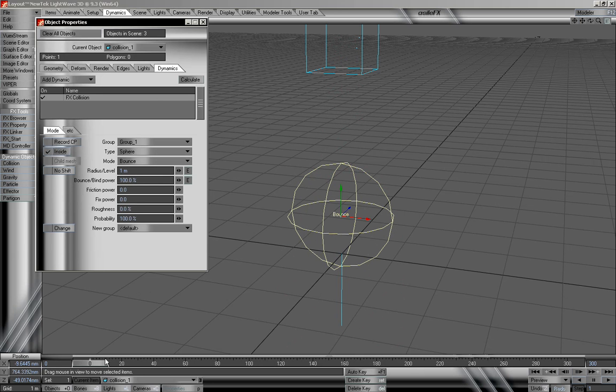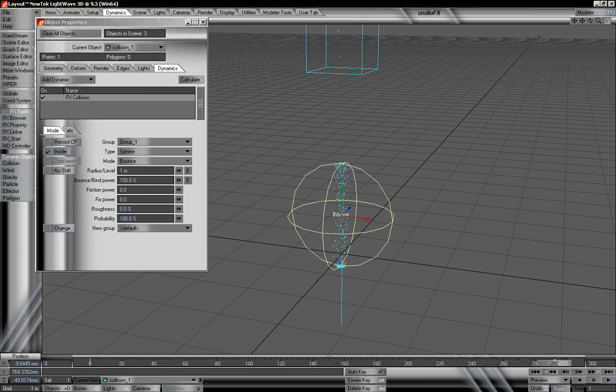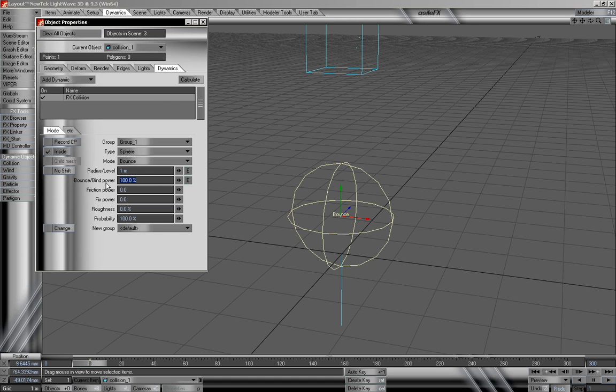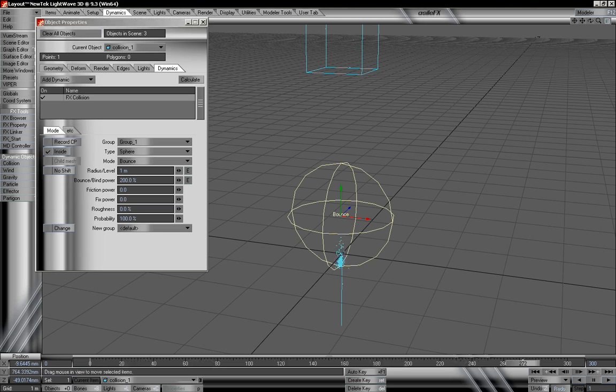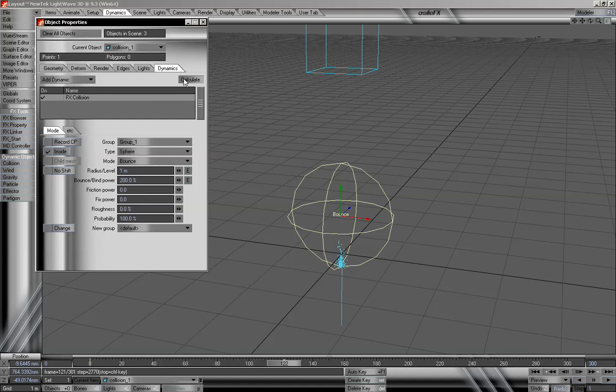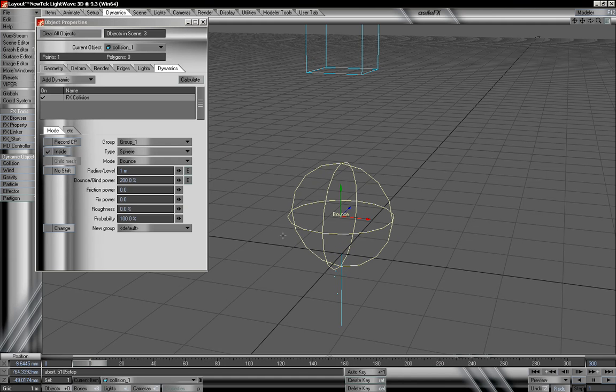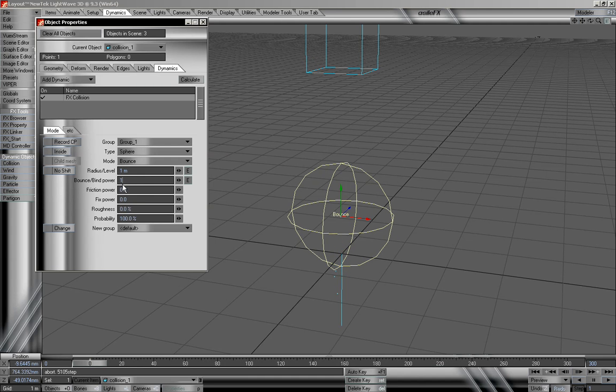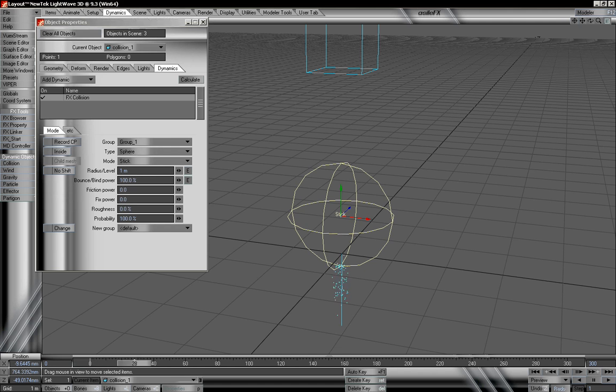And of course, with inside on, it's automatically going to take those particles in the group and bring them into the object. And if I increase our bounce bind power to 200, we can see that they'll bounce around within the object. We can calculate that, and it gives us a fairly interesting looking effect. We'll turn off inside, change our bounce bind power to 100, and of course that bind power also has to do with sticking. So now we have it set to stick to our object,